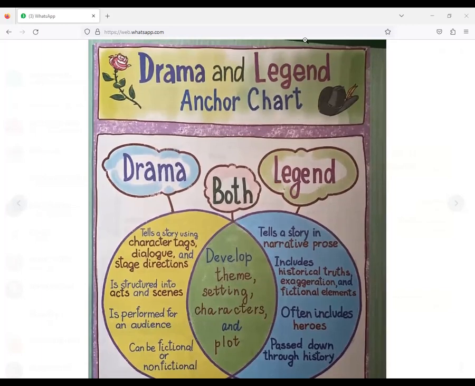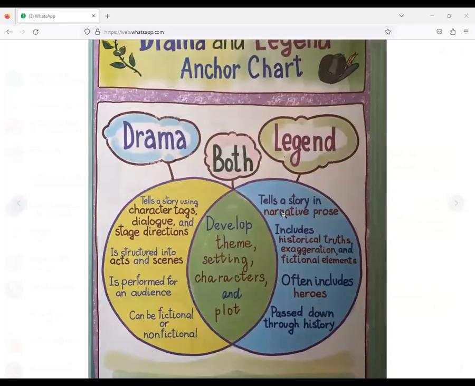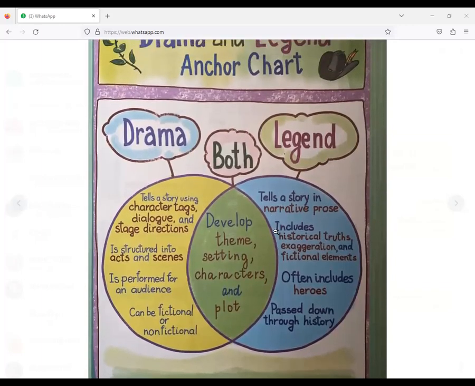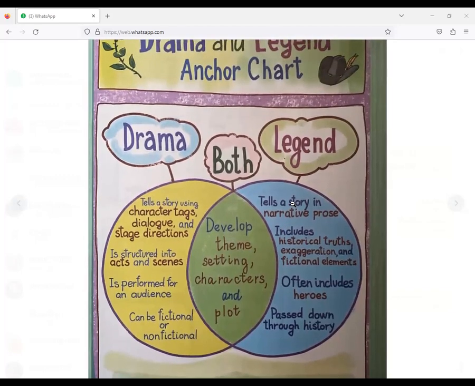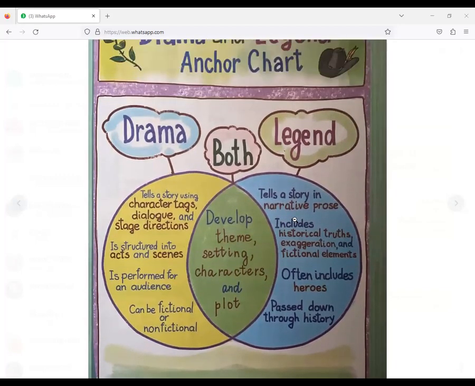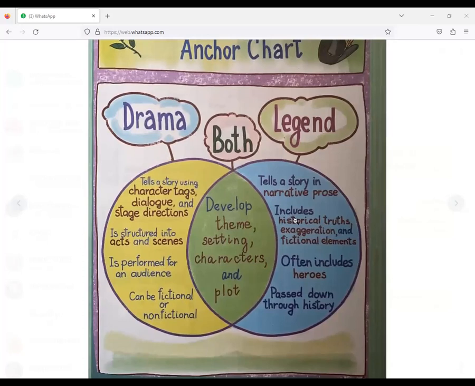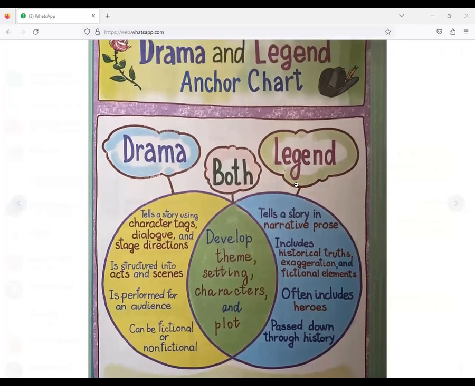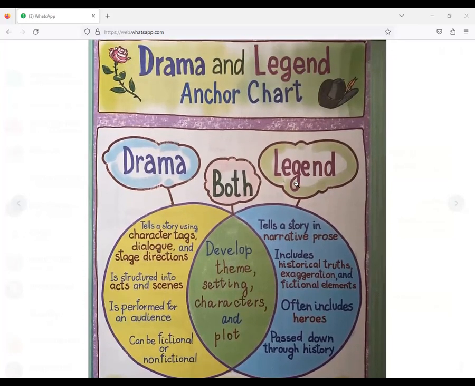No problem. Can I finish this part, just one minute, and then I'm going to open a video, okay? I'm going to show you the difference between act and scene.